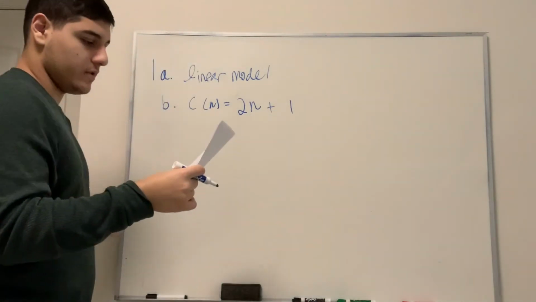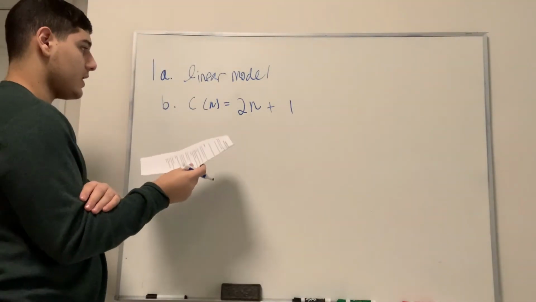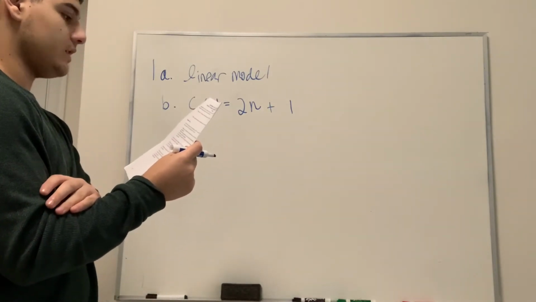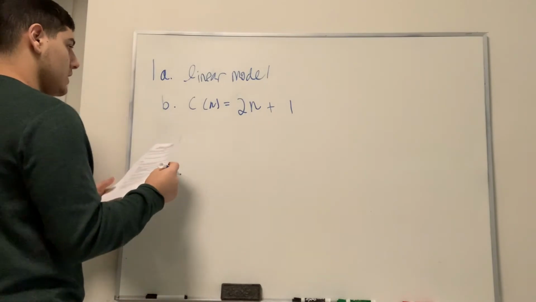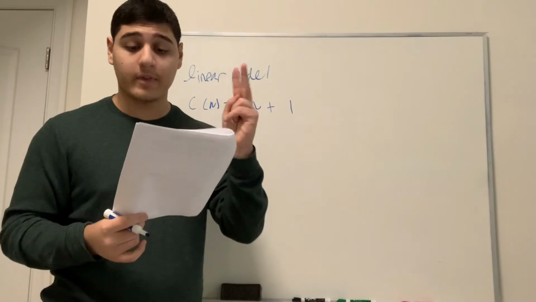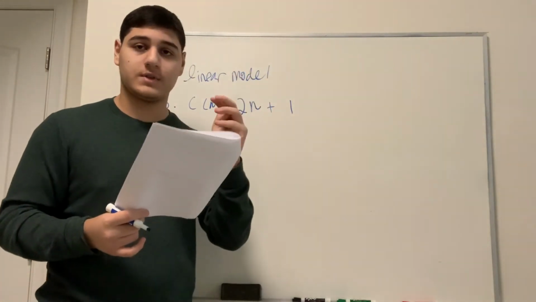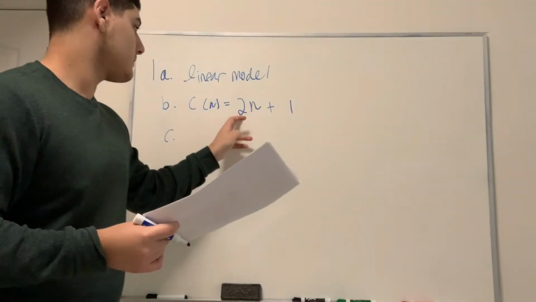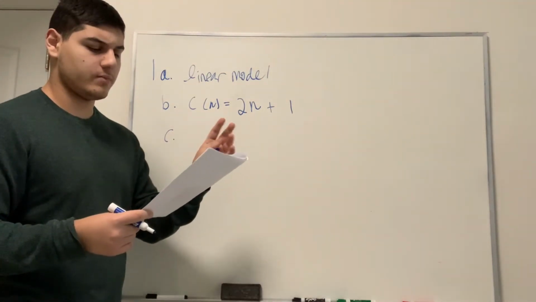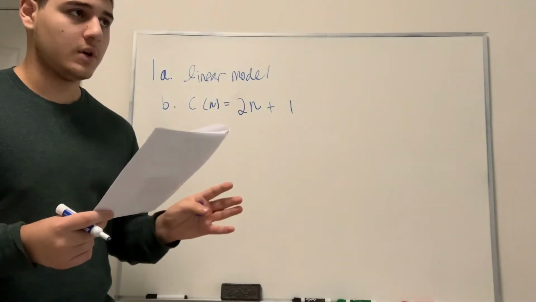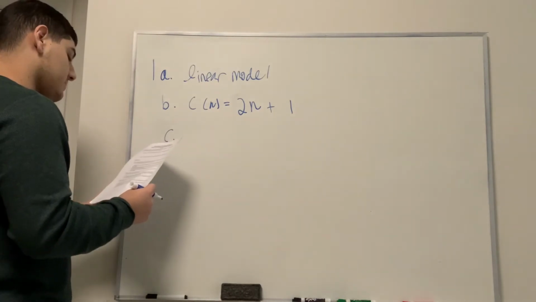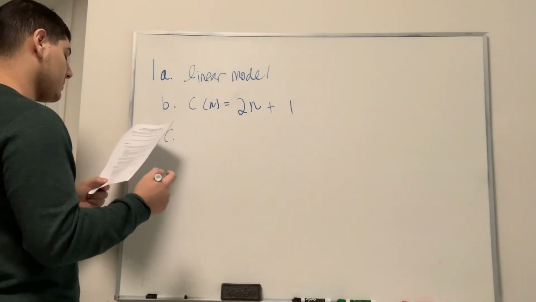So for 2 posters, I'm paying 5. For 4 posters, I'm paying 9. For 8, I'm paying 17. That's the model. Because if I want to know how much each one costs, if 2 of them cost $4, 1 of them costs 2. So for 2 posters, you're paying 5, but each one's worth 2, which means there was an initial cost of 1. C. If you have $40 to spend, write an inequality to find the maximum number of posters you could